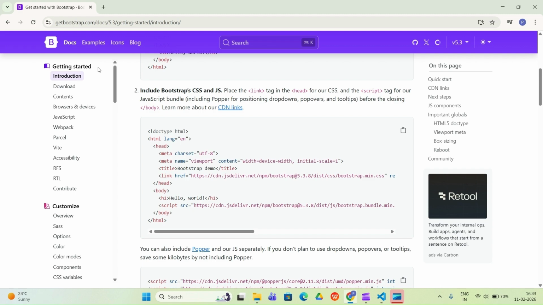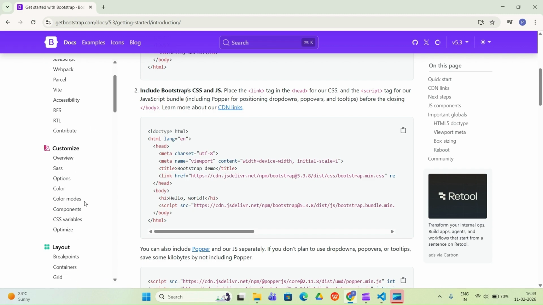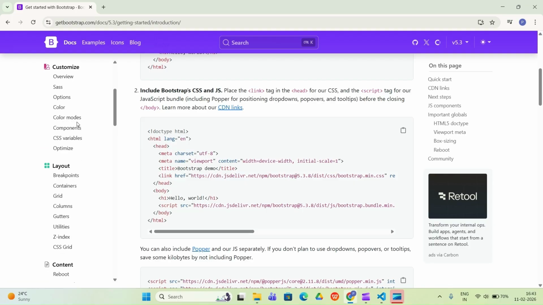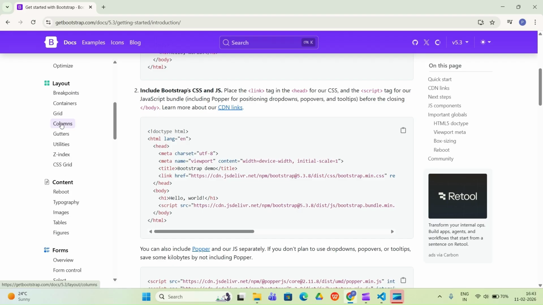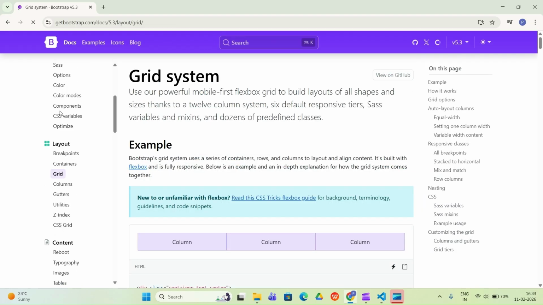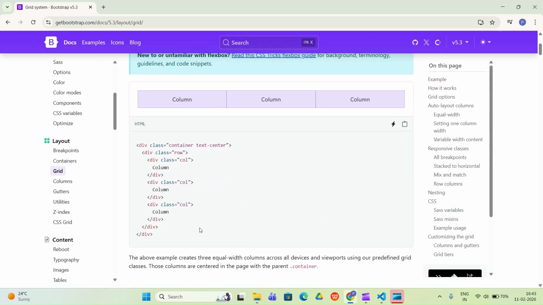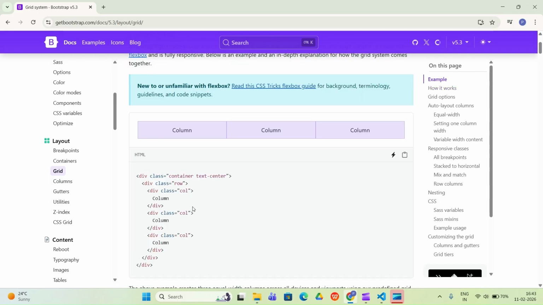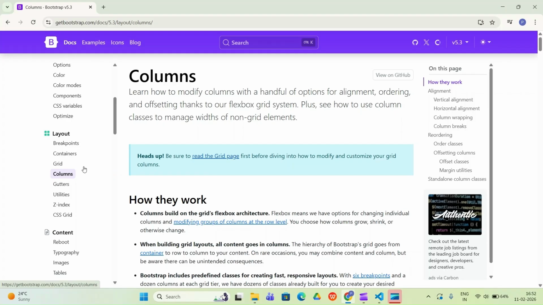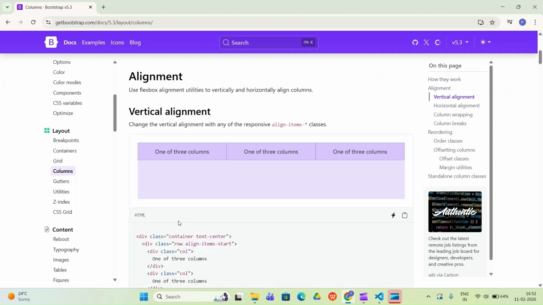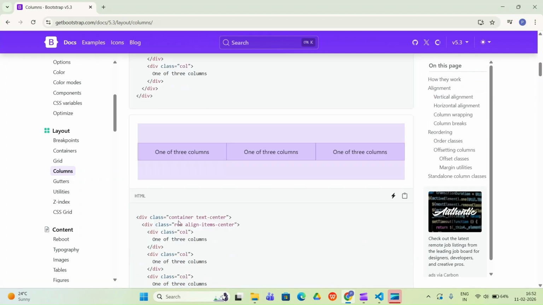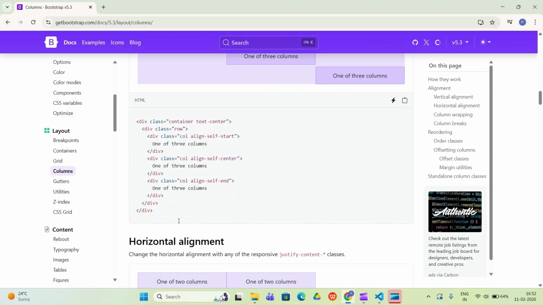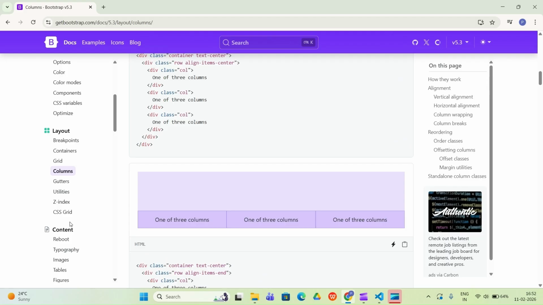Okay, now let's check what facilities it gives. Other things are already given, but they're none of our use. Let me go through the ones we have to use in your project. This is basically the grid. Many of us use grid in our project. This is the grid code. You can use it if you want. Another one is columns. We can use columns also in our Mad1 project. You can go through these codes and use each of them in your project if it requires. Now let's check other codes also.